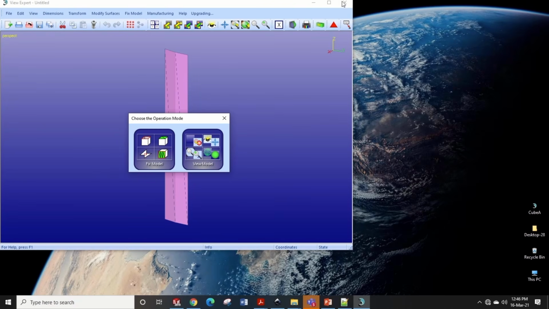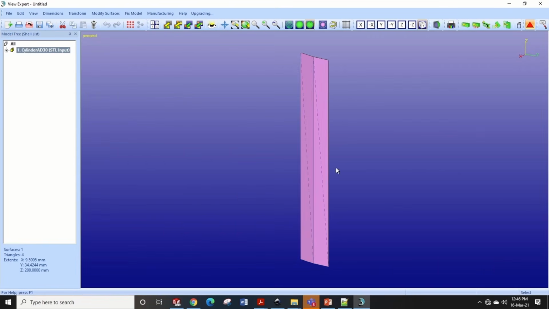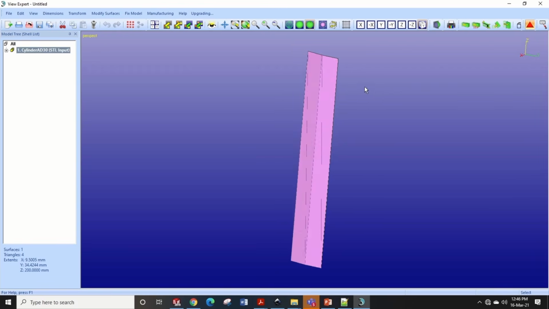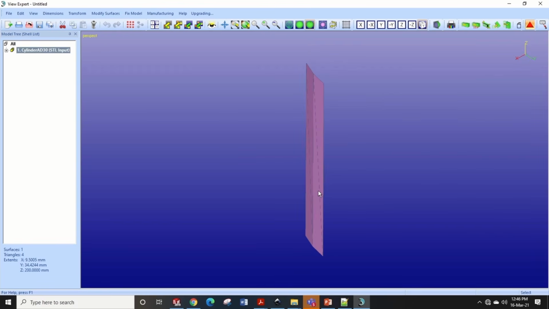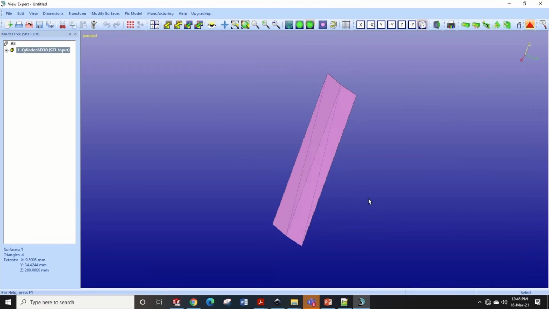And you can see now there are only 4 triangles, and these 2 triangles have the same facet normal, and these 2 triangles have the same facet normal, and this and this have different facet normals, and that is what we try to solve in the problem.